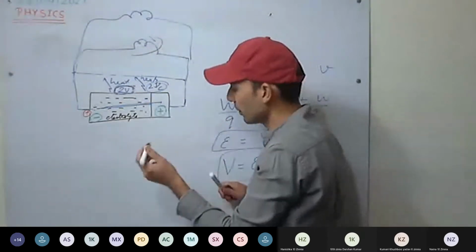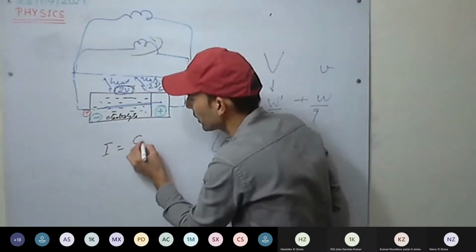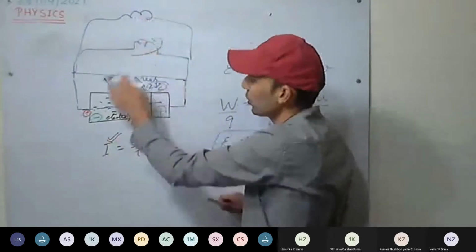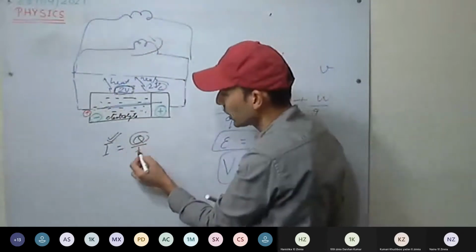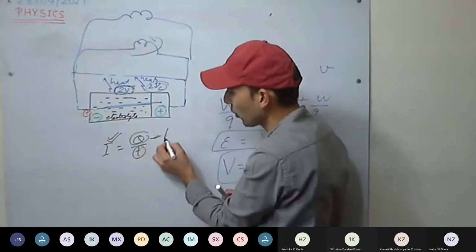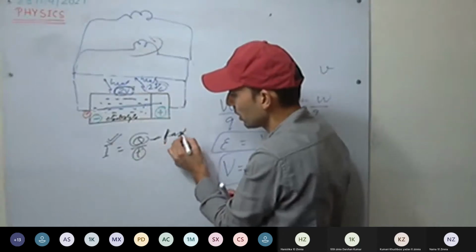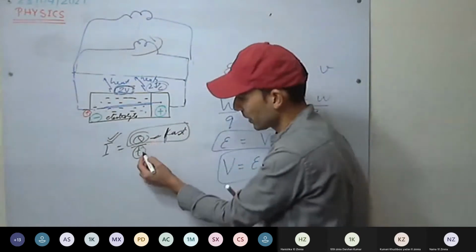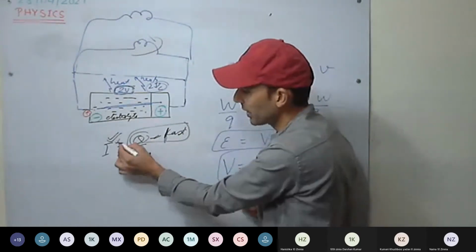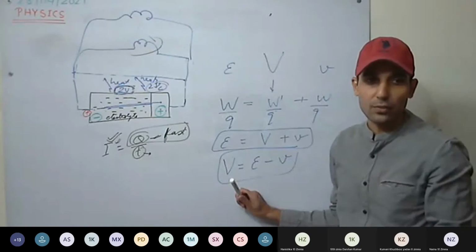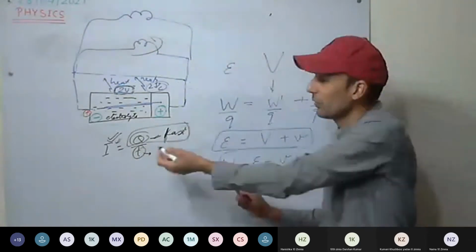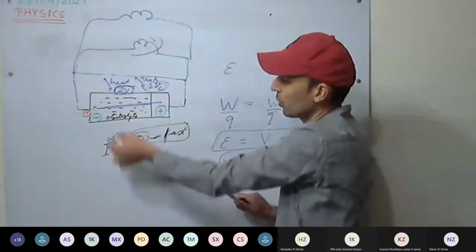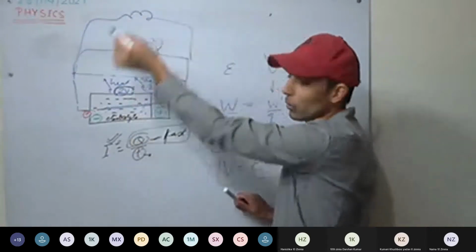Okay, 1 minute here. Current is charge per unit time. If we are increasing the current, because more the load, more current will increase, that means charge will flow more fast. Because if we reduce the time, we can increase the current. If we increase the rate of flow of charge, we can increase current. So since more load is there, more current is required, that means charge will move more fast.